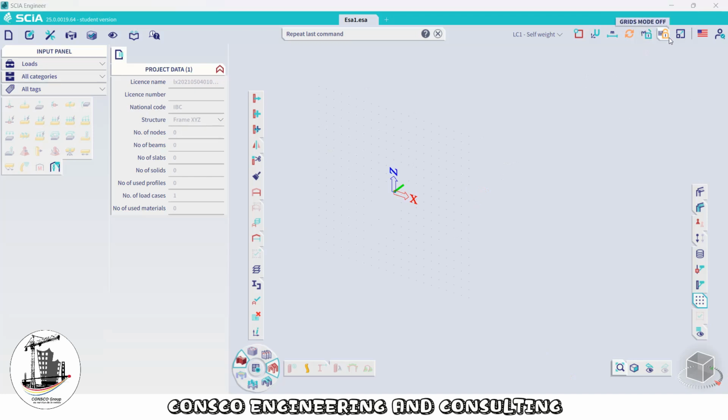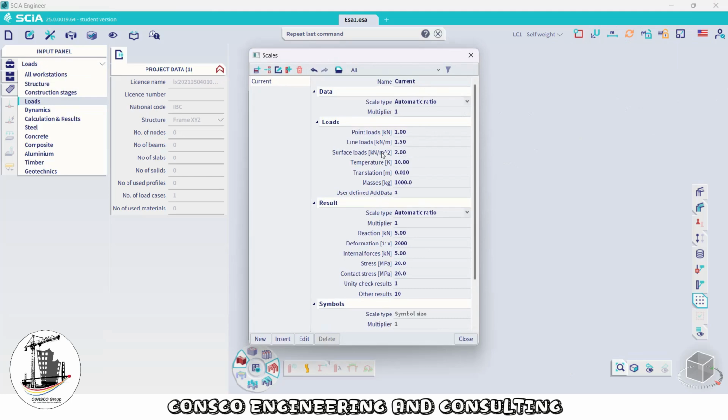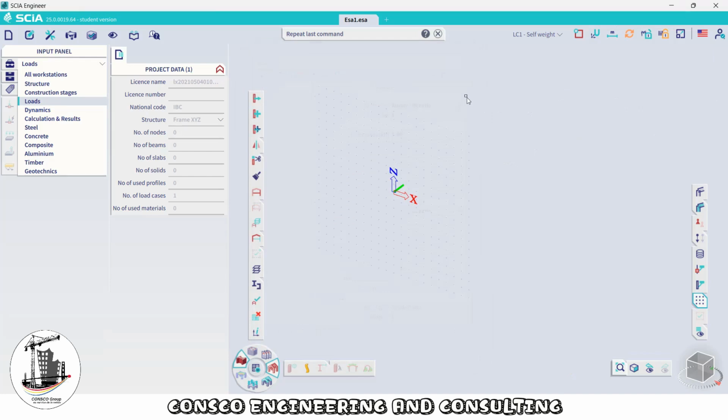And we have also the grid mode off and grid mode on. This one depends, because we do not have any grid yet, so we cannot see how this option will be affecting our model. We can zoom or we can scale our projects, data one by one quarter, and so on, one half, and so on. This is just when we want to scale, and we can also set the scale of our project. I mean the unit, for the load, for the result, for the symbols, and everything. We can just define a scale on which we'll be viewing all our result or our information on the work